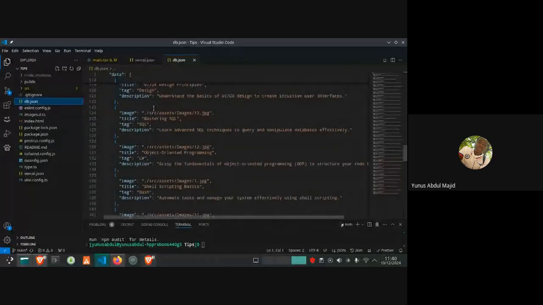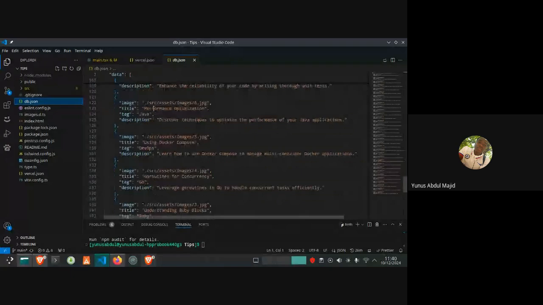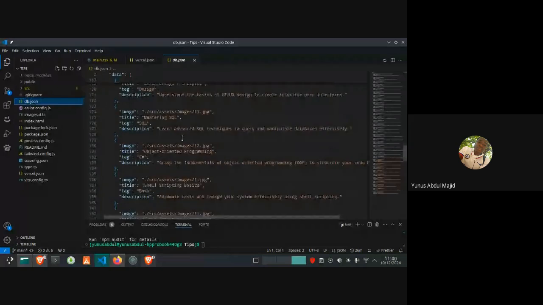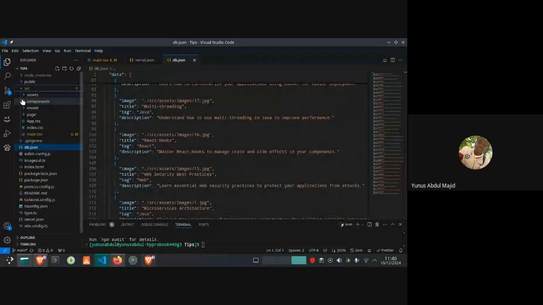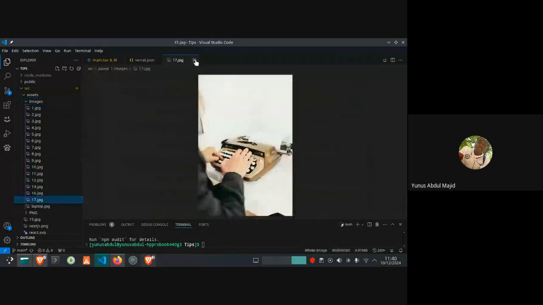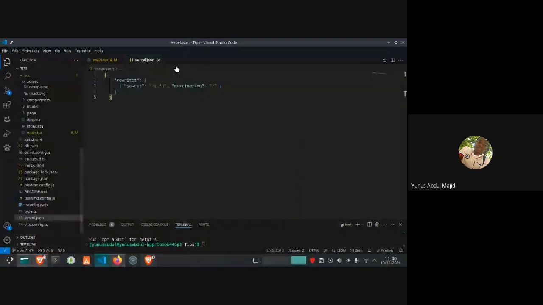Use it, and I input them one by one, like I had to go to the admin to put them in one by one. The images are coming from this folder, the SRC. You can check the route, assets, images, and you can see these are the images that I use. So the images are coming from the folder itself.